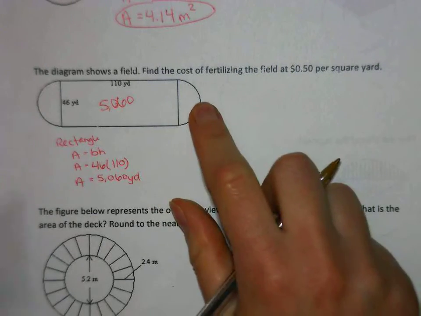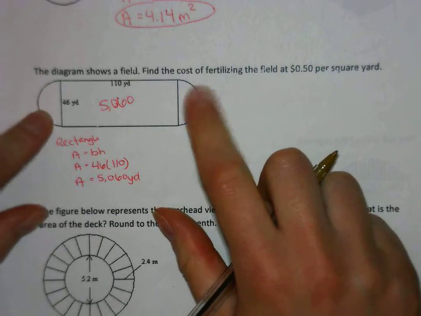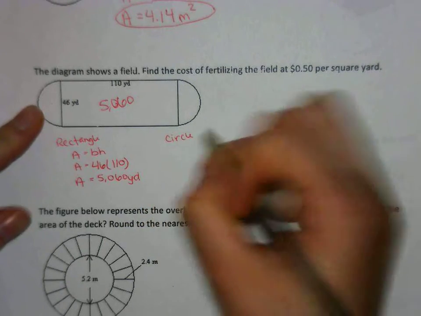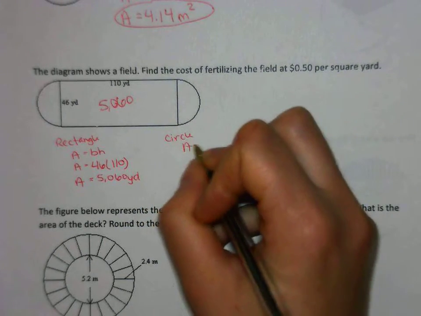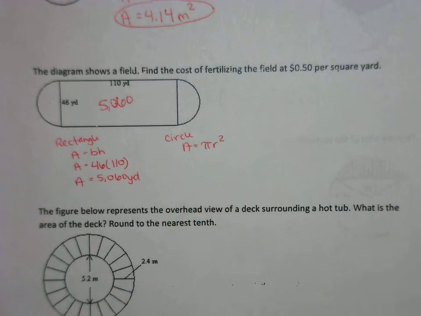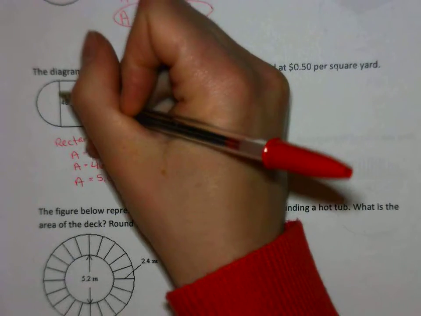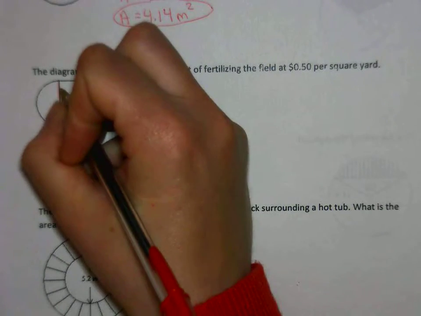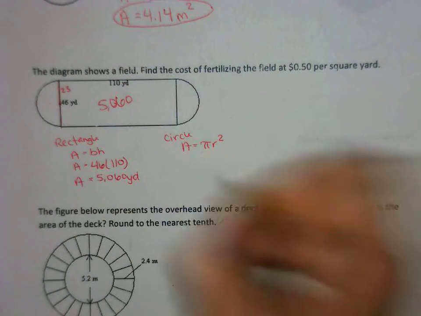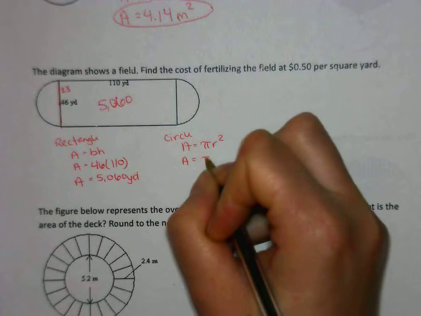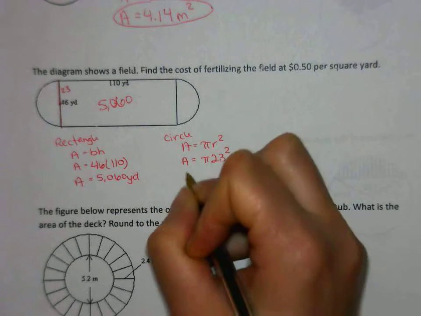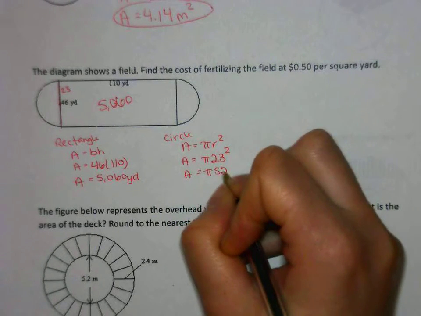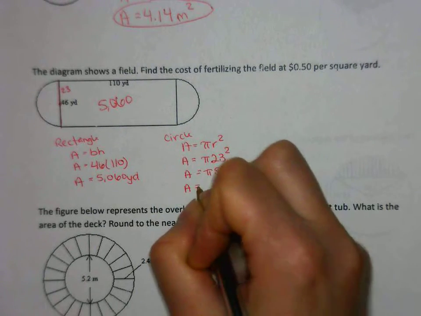So we want to find the area left over of these. So we have two semicircles, and two semicircles put together is just one circle. So to find the area of our circle, we need to find the radius. So here we have our diameter of our circle, which is 46. So if we divide that by 2 to get our radius, it's going to be 23. So the area equals pi times 23 squared. And 23 squared is 529. So when we multiply that by pi, we have